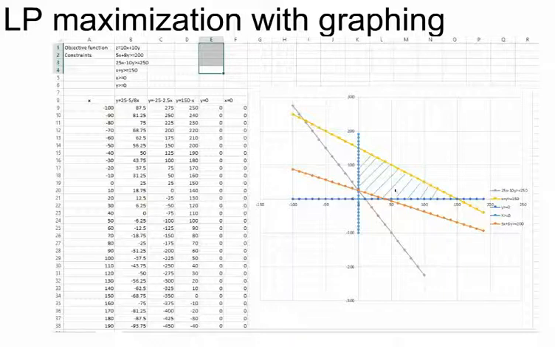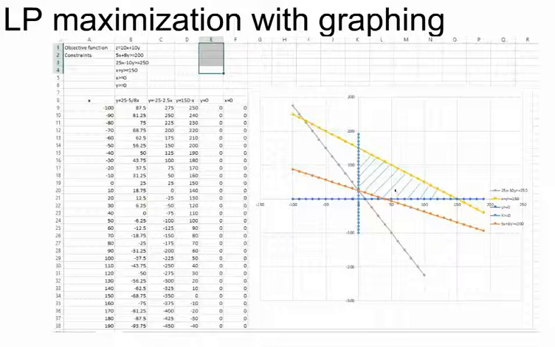Okay, once you graph all the lines, you find the region that is in between those lines. And this is the shaded region that you can see here on your graph. So, this is the area of all the feasible solutions for the problem. Some of them are going to be maximum solutions, one or more. The maximum solutions will always appear on the right and top side of your region. So in this case, somewhere along the yellow line.